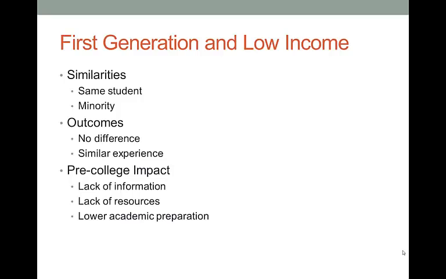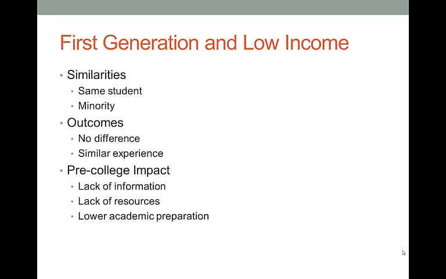And that connects to lack of resources, because low-income students may be less likely to live on campus, which we know living on campus can significantly increase the levels of engagement and connectedness to campus. And we also know first generation and low income students may have lower academic preparation because they may not have been afforded the same opportunities as their more affluent or second or third generation counterparts. So all of these different factors really contribute to the input and the characteristics that these students are bringing into college that will have a small impact on their environment, but in a very different way. We'll talk about that in a minute.